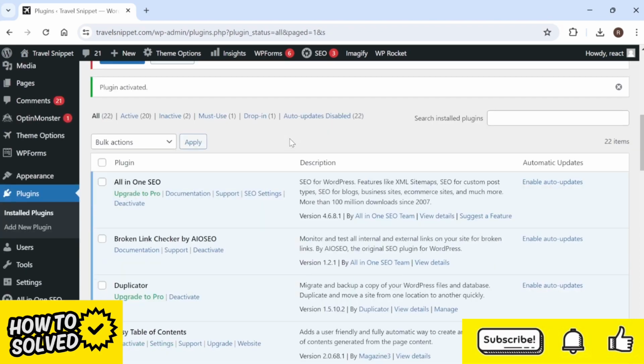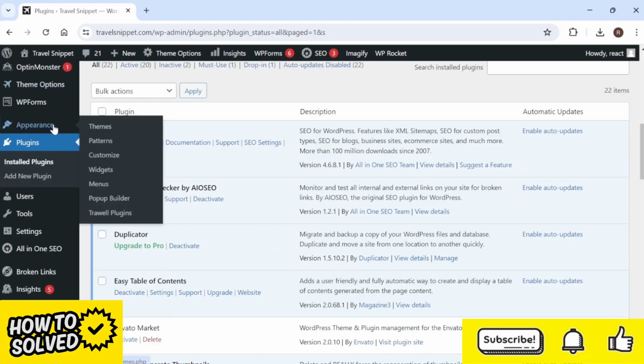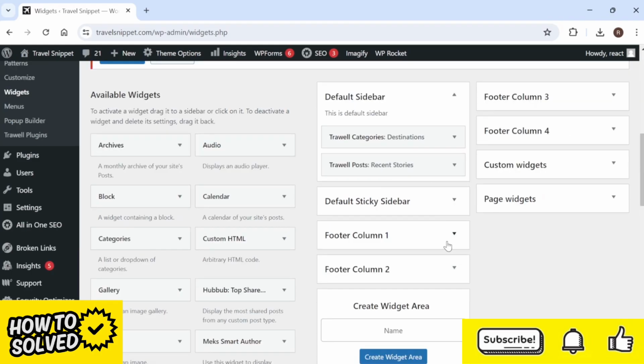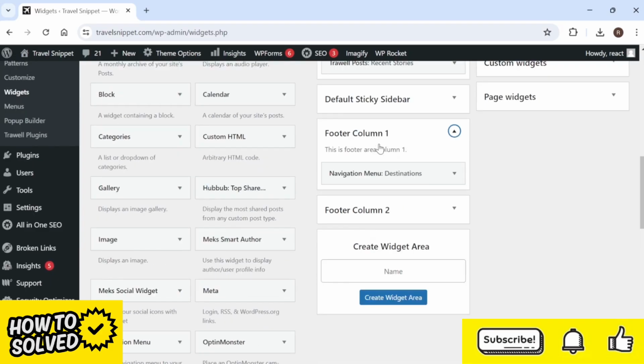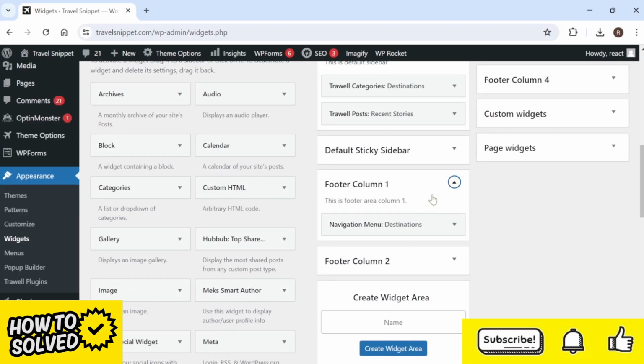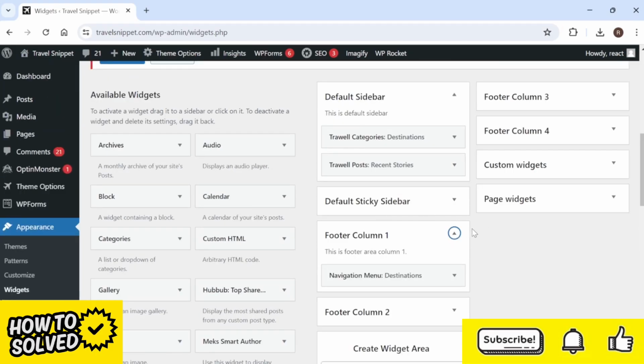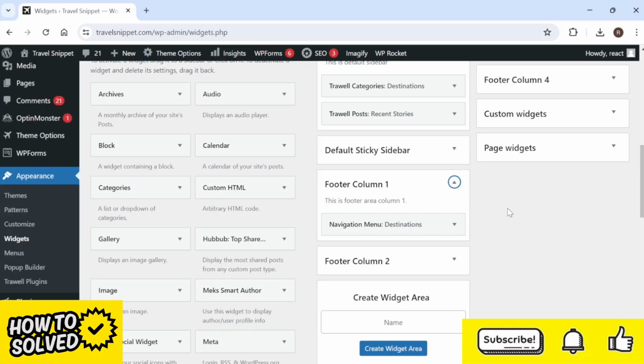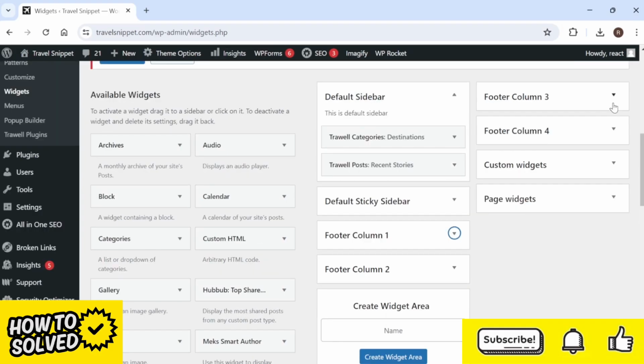So once you've activated your plugin, we need to come over to appearance in the left hand side, select widgets. Now if we come down, depending on the theme that you're using, you should have these options to enter elements within your footer area of your website. So you can see here I have footer column 1, footer column 2, and all of this just came pre-installed with my theme. Most themes do include this or something similar, but essentially you just need to come down to